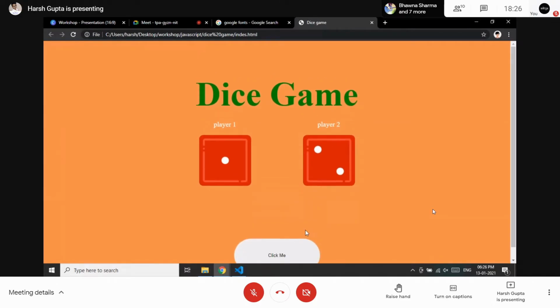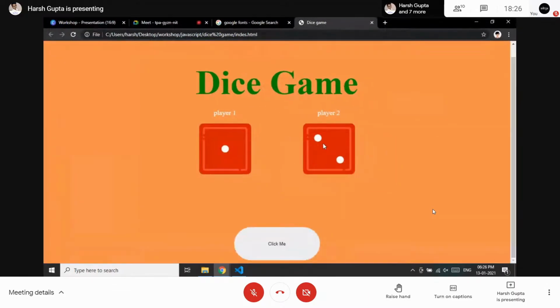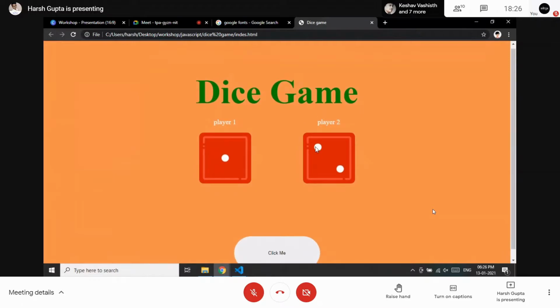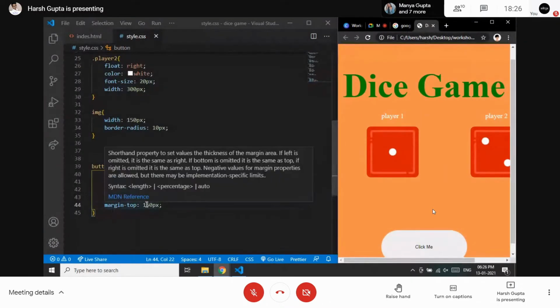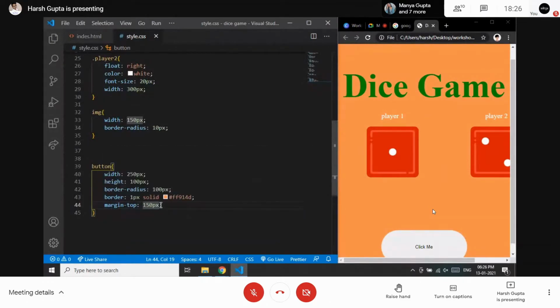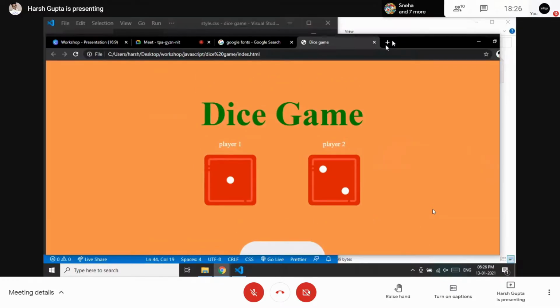So now it is going out of the flow because it is scrollable now. As you can see here, it is scrollable, and we don't want that. We just wanted a one pager. So I just need, let's say, 100 pixels, and again just come here and refresh it. Okay, so now it is a one pager, and the user can click on it.